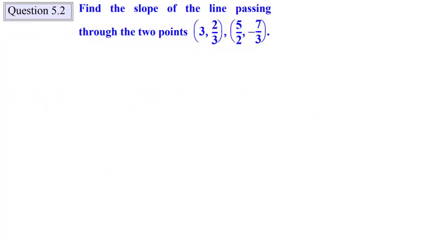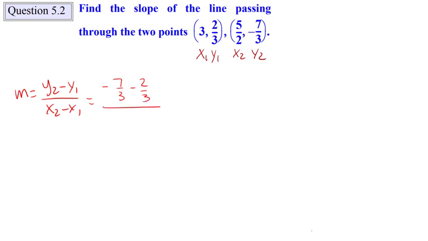So lesson 5.2 is the same as 5.1, just with our favorite friend fractions. So I'm going to label the points x1, y1, x2, y2, and we're going to write the slope formula and then plug in -7/3 minus 2/3 over 5 over 2 minus 6 over 2. Notice I didn't write 3. I wrote 6 over 2 so that I can get a common denominator. I personally like to do that